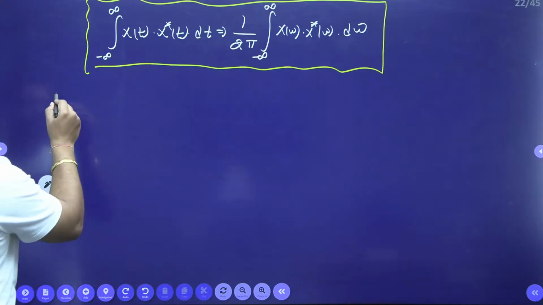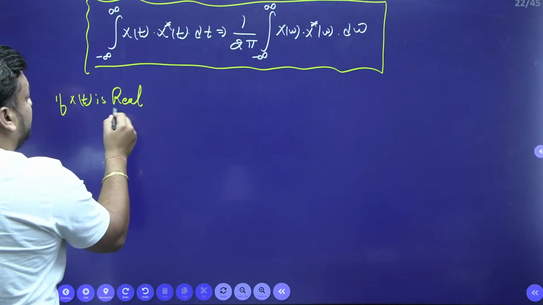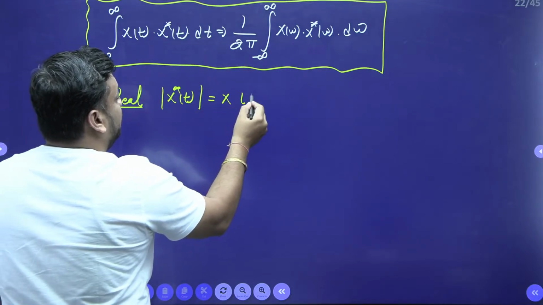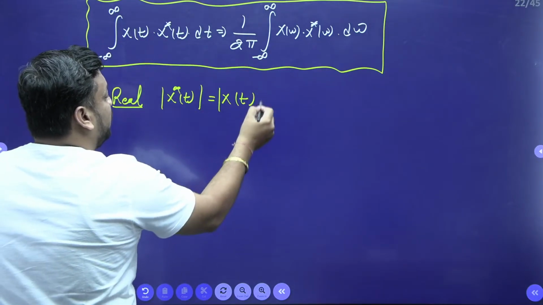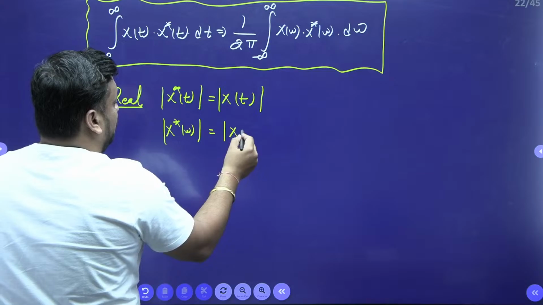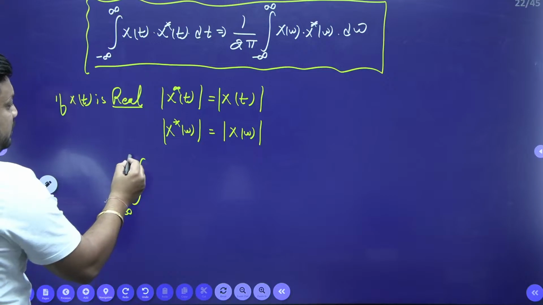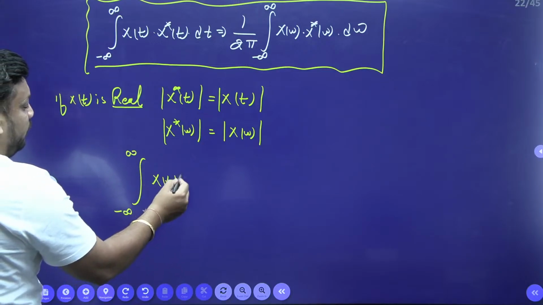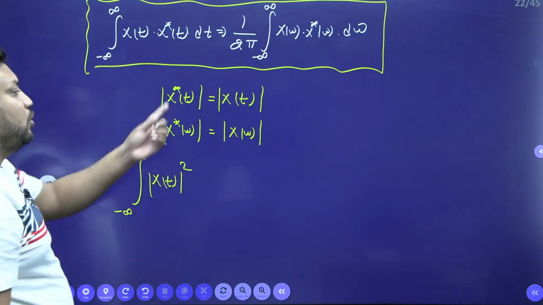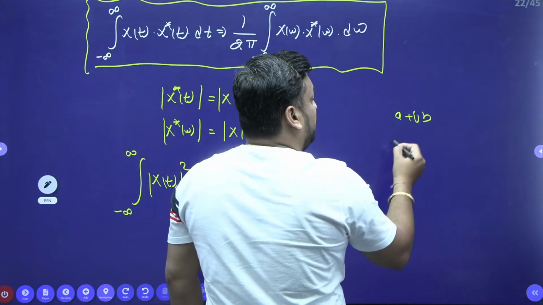Now students, if x(t) is real, then the magnitude of x conjugate of t is equal to the magnitude of x(t). Similarly, the magnitude of X conjugate of omega is equal to the magnitude of X(omega). So if I apply here, I can write the integral from minus infinity to infinity of mod of x(t) whole square. And even if it is not real, the conjugate magnitude is the same. If I talk about a plus jb or a minus jb,